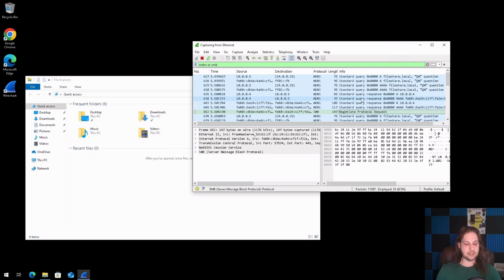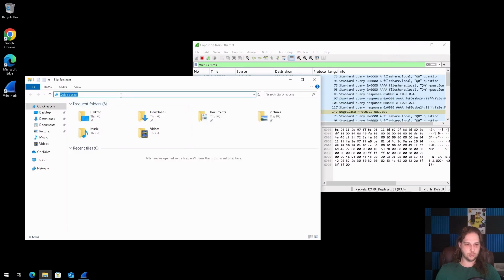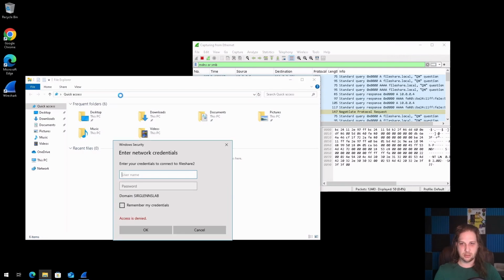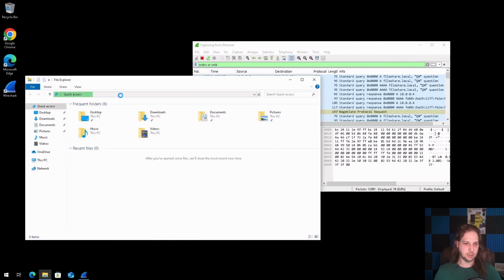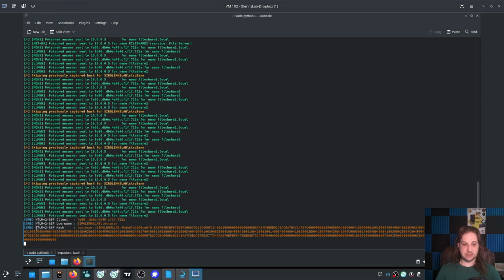Now, those are NTLMv2. That's not the clear text, right? In fact, we can showcase that pretty well here. Let me swap back. We'll do this one more time, and I'm going to actually input some credentials here. We're going to say testuser, which doesn't actually exist, and we're going to say tester. Access is denied. If we pop back over here, we can see this is an NTLMv2-SSP hash.